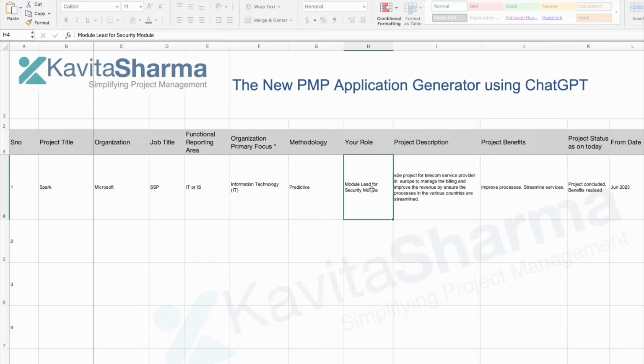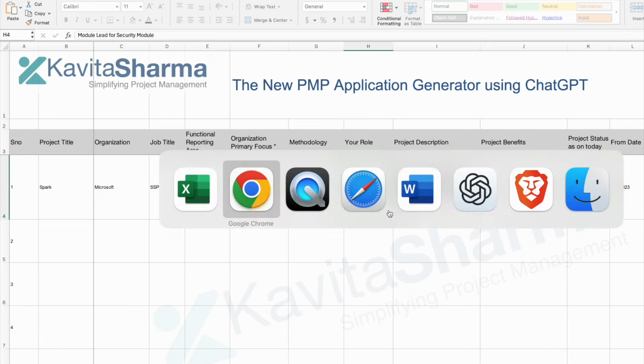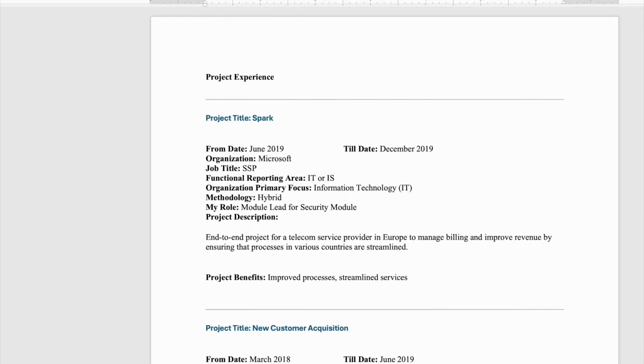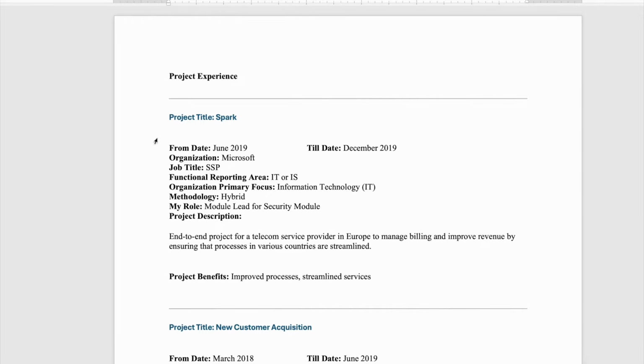Then what was your role in the project? Now, generally, most of you would have your resume with your project experience. In case you are a project manager, you should have your resume updated with your project experiences. So I put in a small